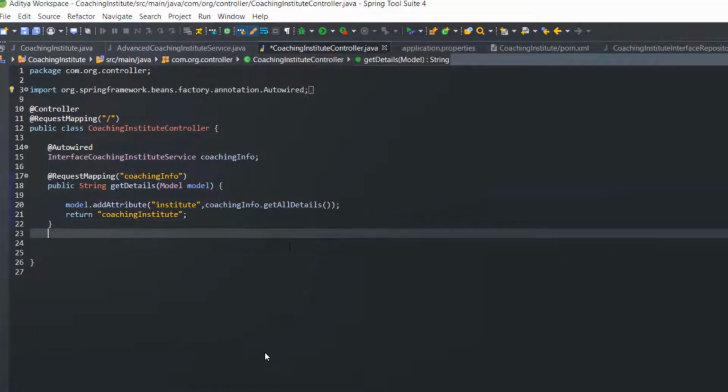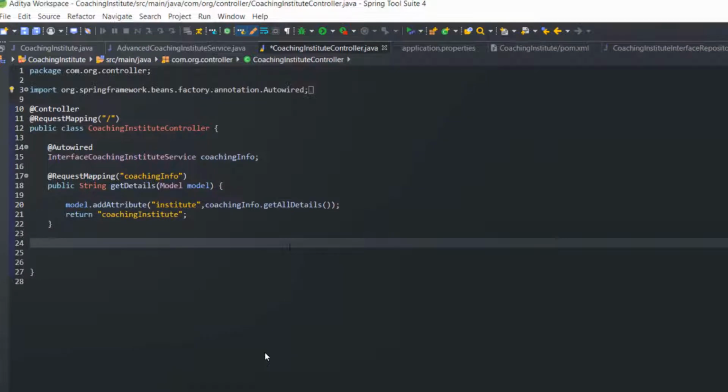Now here I am going to call that JSP file which I have implemented here. So I am going to write one method here.